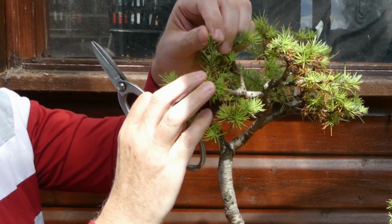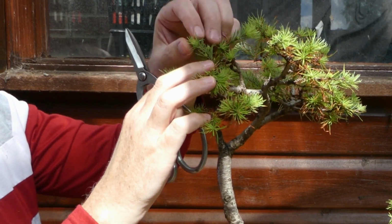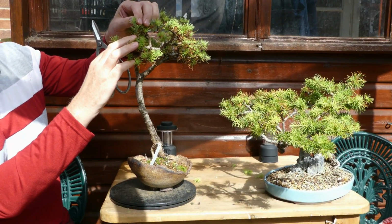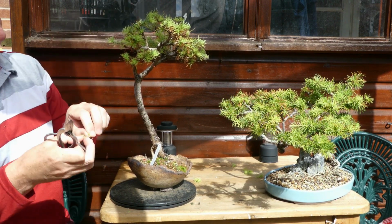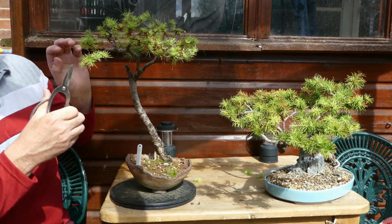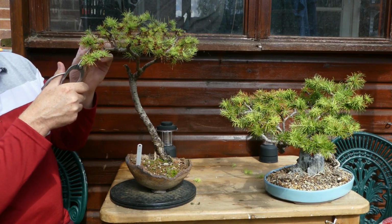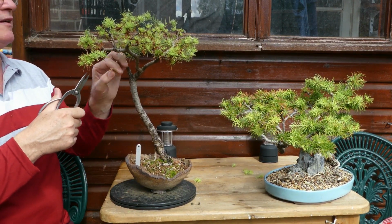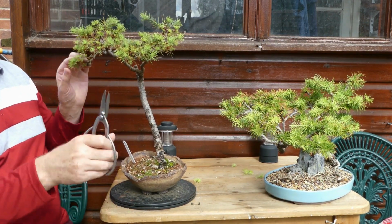On this one you've got a load of buds, but those two have flushed out, and you've also got another one flush at the top and this. So if you leave a length with 5 or so buds on, you can potentially get that sort of growth. Well, all I want to do now is cut to the 2, and I'm going to go around this one now. Because it didn't have its second prune, it's given an opportunity for some of these other buds to shoot, which means I can now actually see where the growth is coming from and make some pruning decisions based on that,